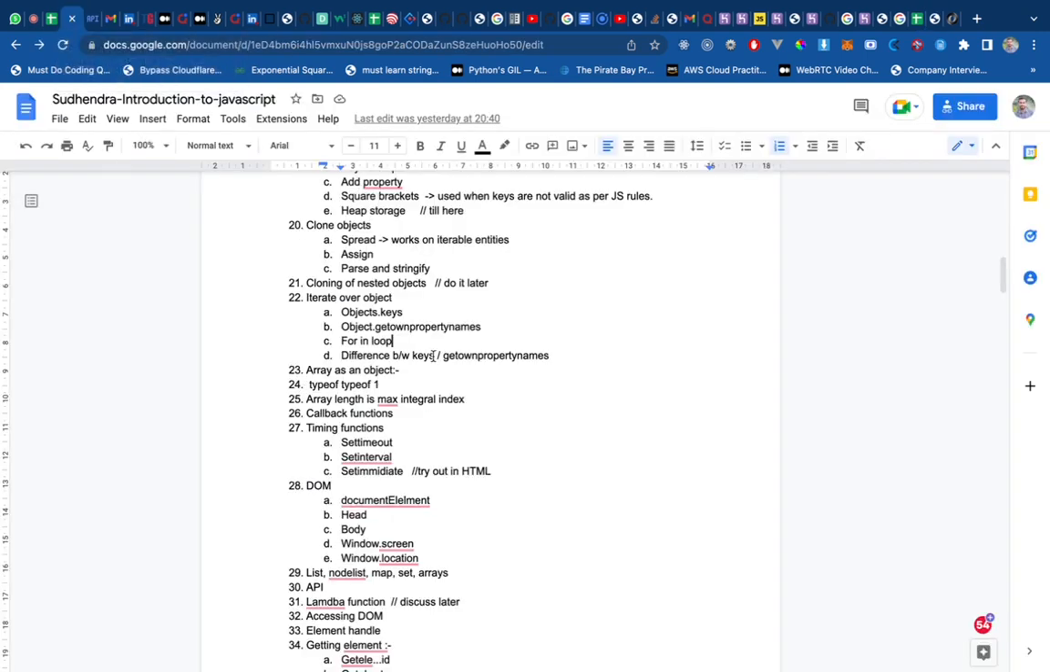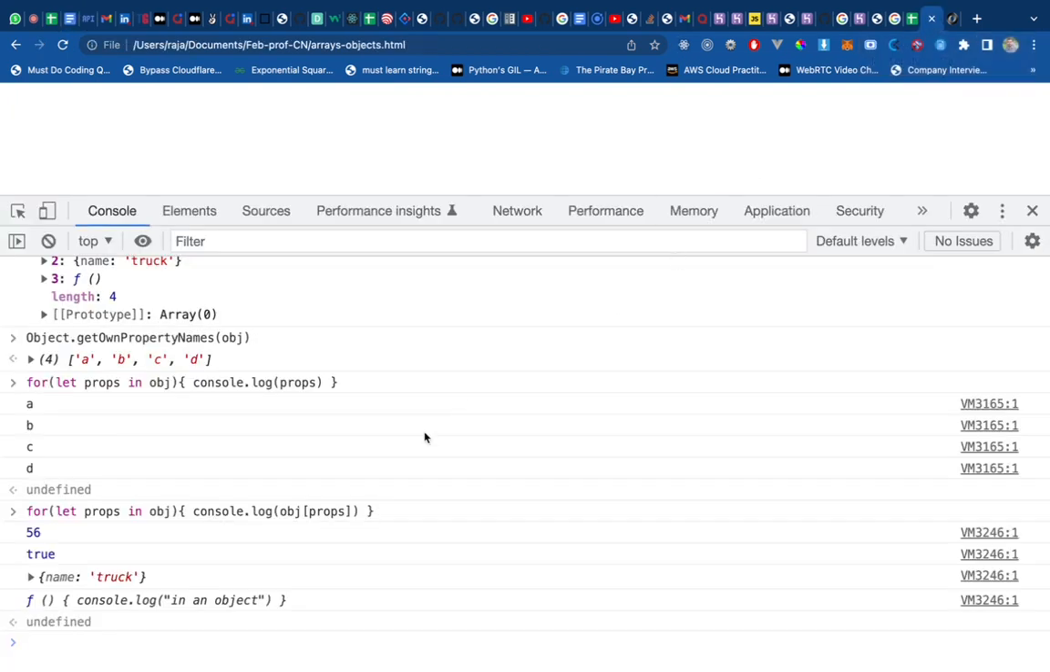Do we have any other way? The difference between keys and getOwnPropertyNames, let me do it later. We'll discuss it when we discuss prototype. Although you can just have a look, you can go through the MDN docs and check it out. There's not an issue. One last thing is